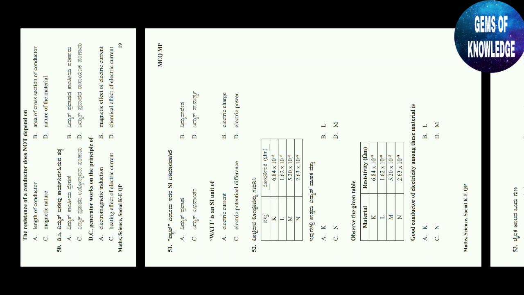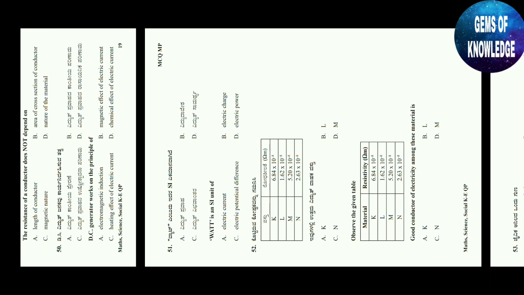For good conductors, you know that resistivity is opposition to the current. The thing which opposes the current is nothing but the resistivity. And what is a good conductor of electricity? A good conductor is something which allows the passage of electric current very easily. So basically the material which has less resistivity will be the good conductor of electricity.